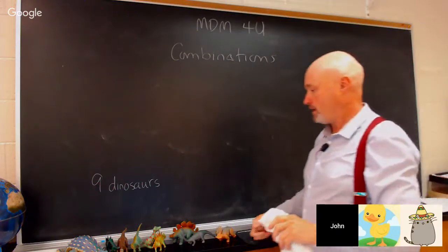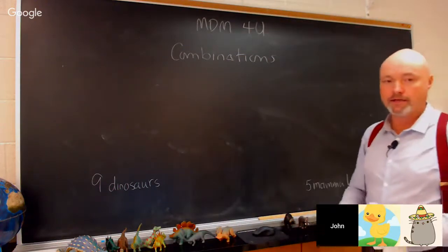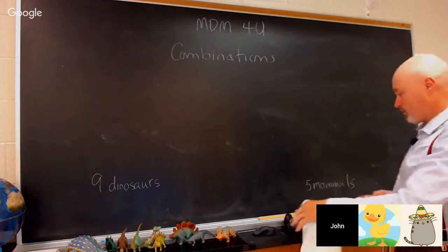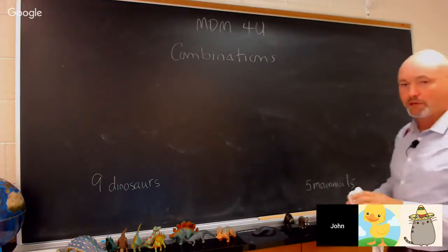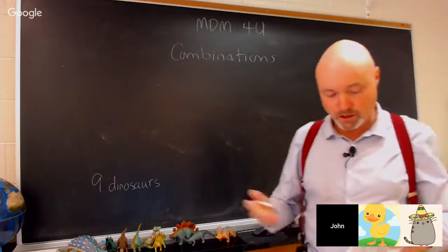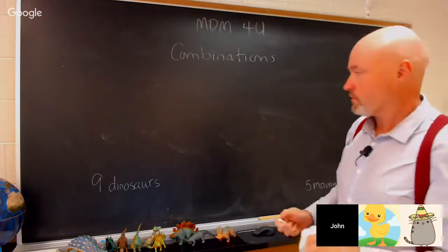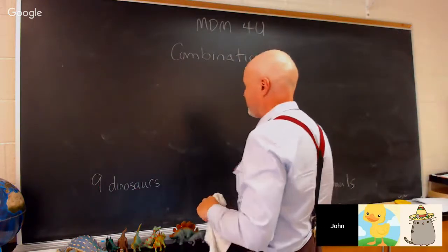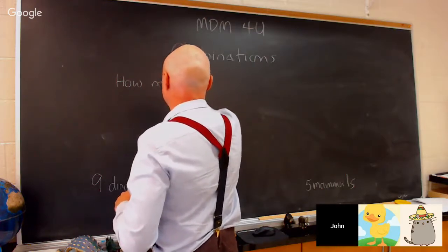Okay, let's say there's going to be a giant flood, and I'm trying to decide, I want some combination of dinosaurs and some combination of mammals to go with me on my boat that I might build. So out of 9 dinosaurs and 5 mammals, how many combinations